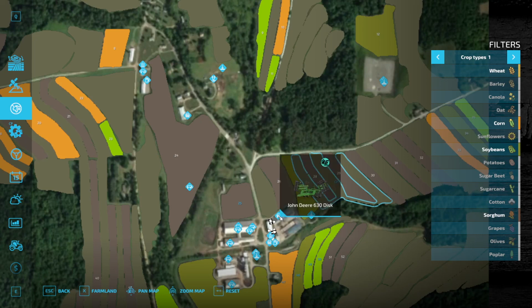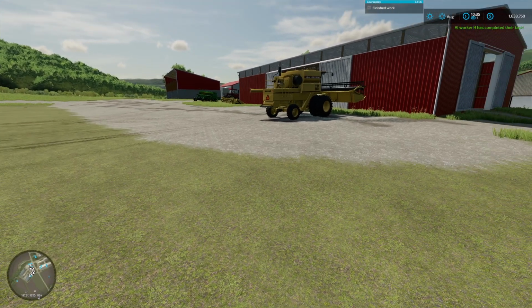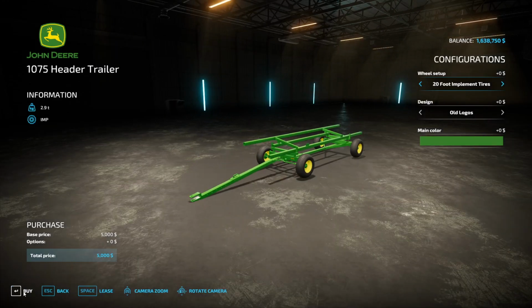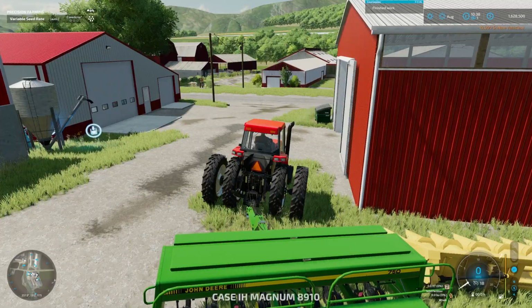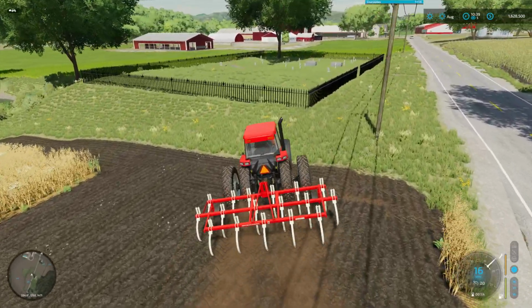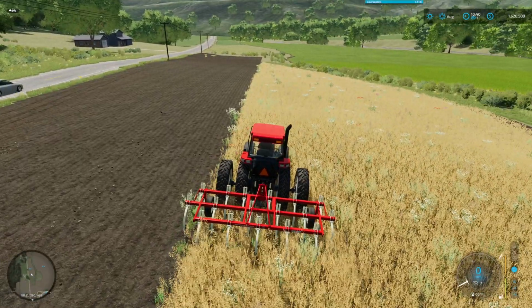I'm not exactly sure. Pretty sure I bought. Maybe I didn't buy them. I thought I bought some header trailers here. Now I've got them bought. I have played around on this map a little bit off camera, and I can tell you Courseplay works a lot better on this than the in-game helpers, but for this small field, I really thought maybe I could get a helper to work, but